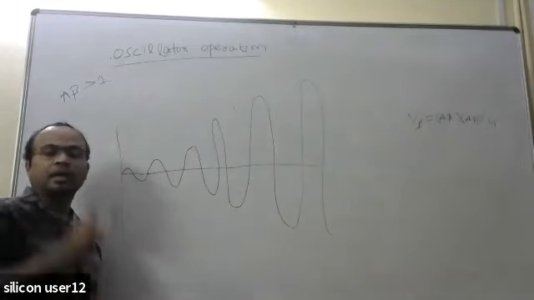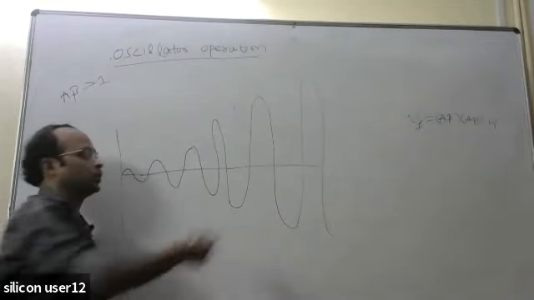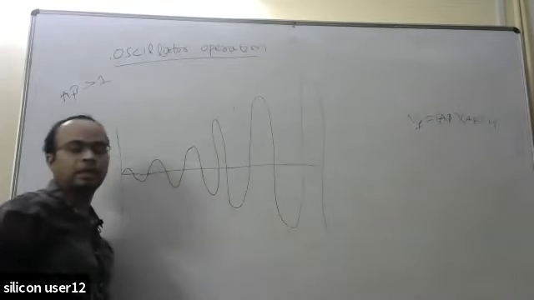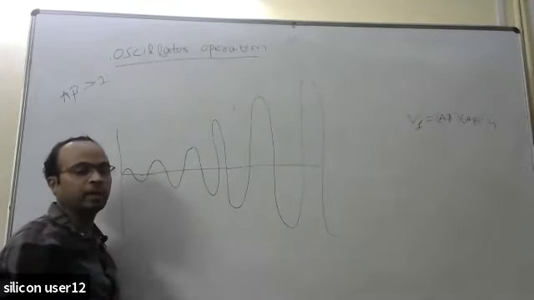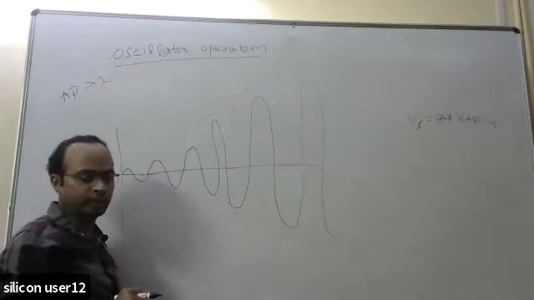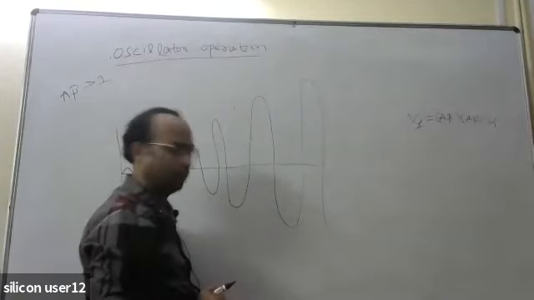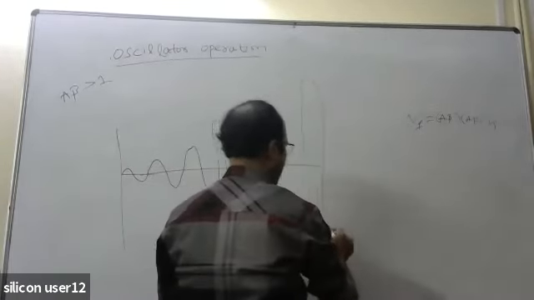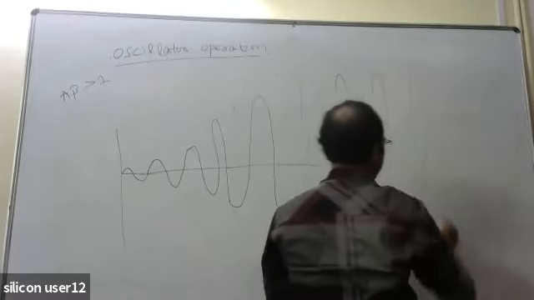So like this, it will go on increasing. But practically tell me, when this output voltage is increasing, it requires some energy. So can this output go to infinity? No, it is not possible for this output voltage to go to infinity. It will be limited at a particular point, depending on the power supply. So it will be like this. That means after some iterations, it will not increase, it will be constant. The amplitude will not increase, it will be constant.